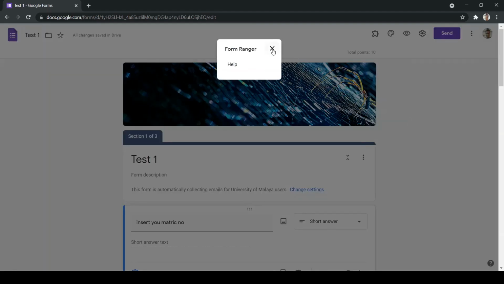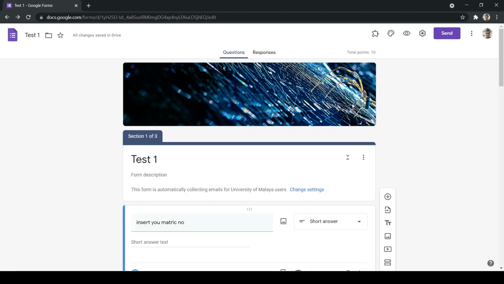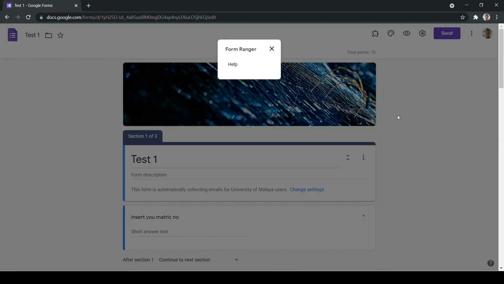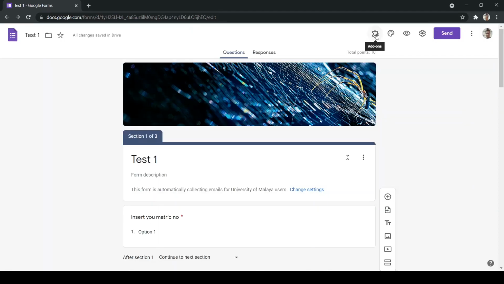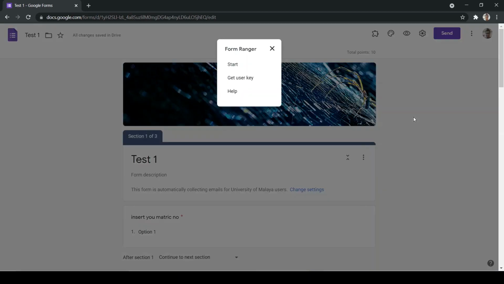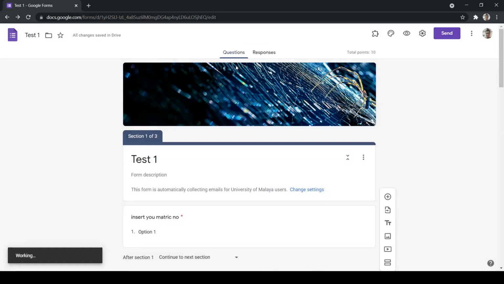If it doesn't appear, again refresh your web page. Now let's try again to open the Form Ranger. Okay, now you can start seeing the start option over here. Okay, click on start,